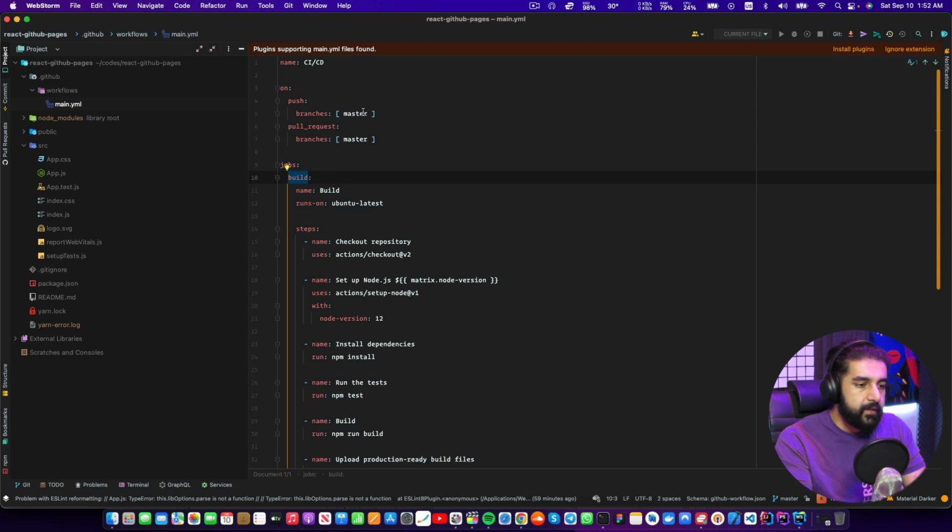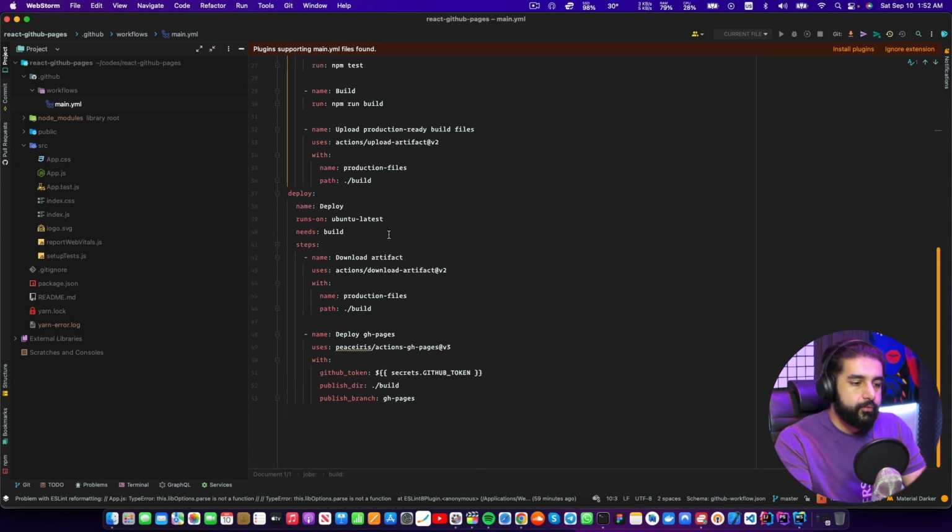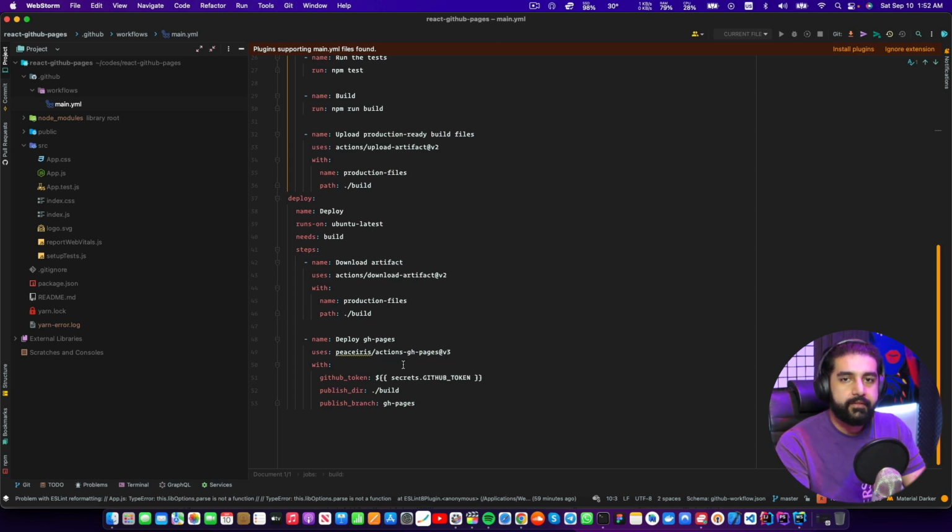So the build stage has a set of steps. The first step is checking out the repository. From there, I set up Node with another action, and then npm install, run my tests, build my application, and from there I'll upload my artifacts as production files, because I later need to download these artifacts, and this artifact is my build directory. So in the next stage, this is the deployment stage, I'll download